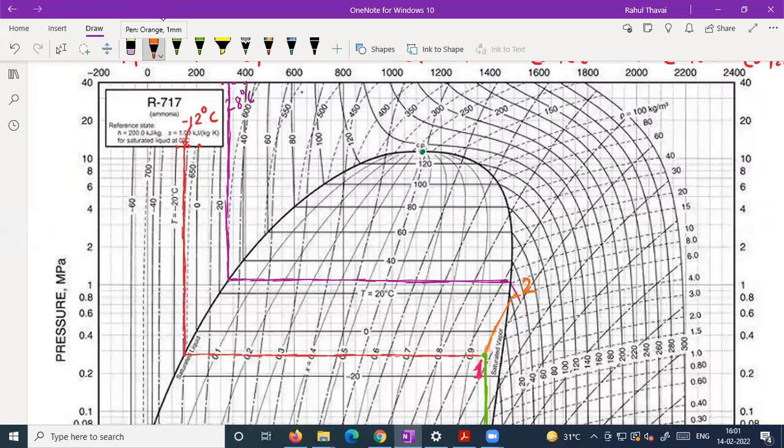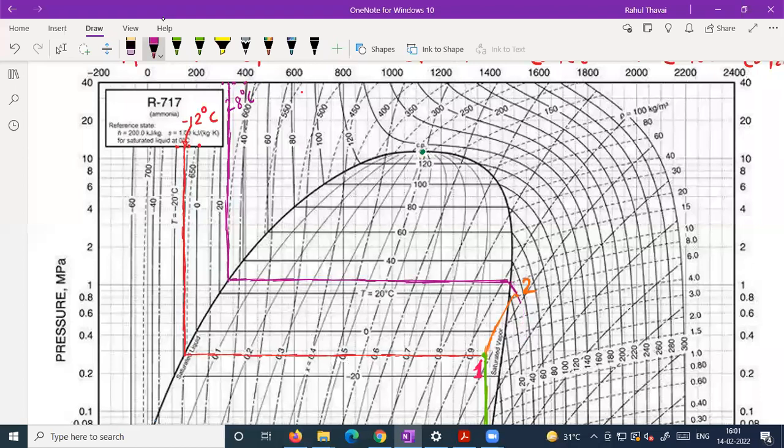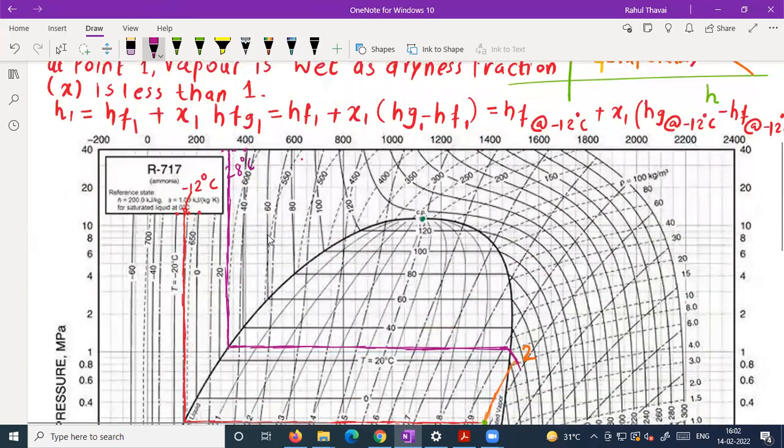Simply the intersection of the 28 degrees Celsius line and the line passing through point number 1, which is the isentropic line, that is the constant entropy line. See the line which I drew in orange color, you can see that it's parallel to the above 0.9 line, as well as parallel to the below line. Is that okay? Yes or no? Yes. Okay, now I should get point number 3.